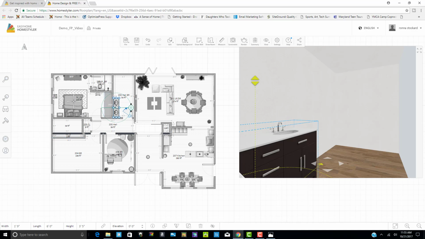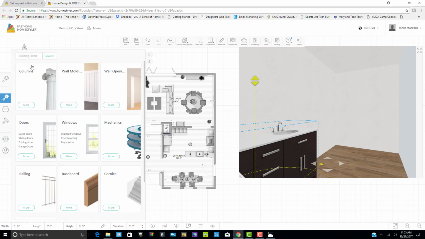In order to find the furnishings and material finishes for your design, you start out by going over to this panel over here. And where you see this little shovel, select building. From here, you're able to see all of the different elements and subcategories of the material finishes and other items that you would need in order to complete your room. In order to add furniture, fixtures, and other elements,